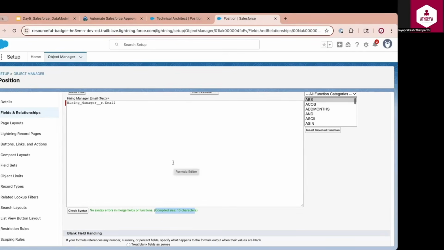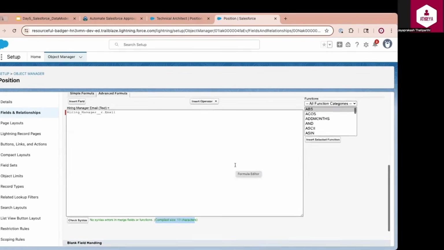So there is one very important aspect of formula, which is called return type restriction. So formula fields cannot return lookup master detail because relationships cannot be derived. It cannot return email data type because emails also cannot be derived. It cannot return geolocation, address, or file type of complex data types. The only allowed return values are number, currency and percent, text, date, time, and checkbox, because all of these can